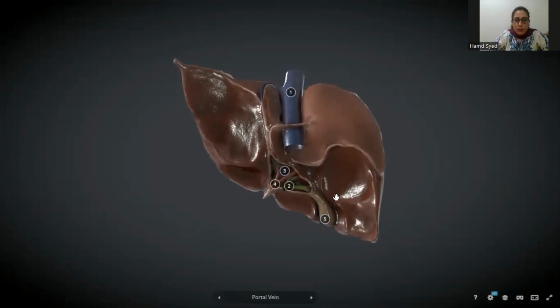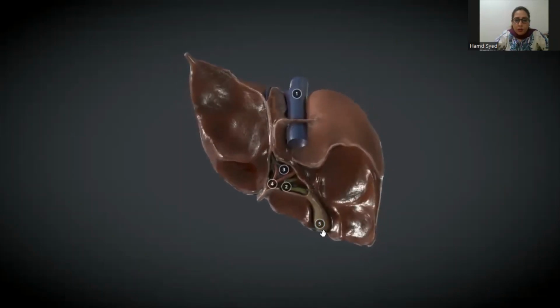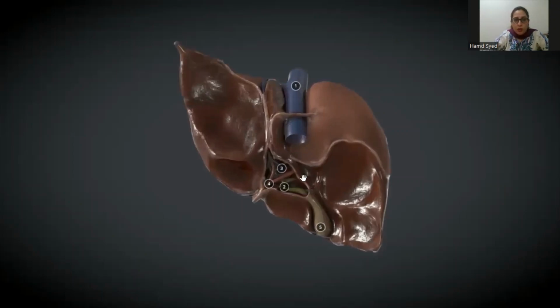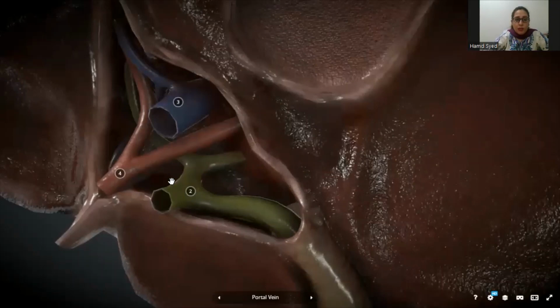Here is the gallbladder, and we can see that this is the fundus of the gallbladder, and here is the neck region, and this area now is the porta hepatis or the hilum of the liver. So let's just zoom into the porta hepatis. We can see that posteriorly is the portal vein and anteriorly is the bile duct, and between these two are the right and left branches of the hepatic artery. So the arrangement of structures in this porta hepatis is VAD, as I mentioned before, the mnemonic VAD from posterior to